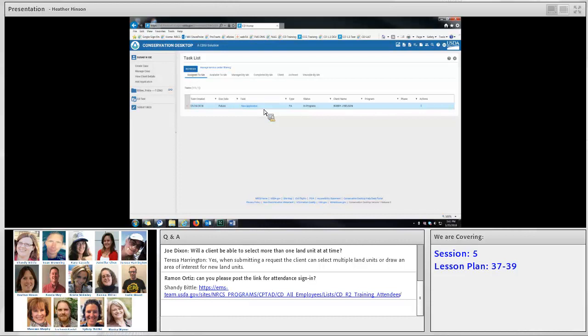So if something changes on the status of that application or contract, for instance, those tasks will close or abandon, basically, and they will not show up in the Available to Me tab anymore. Okay. Well, that actually looks like we've moved through